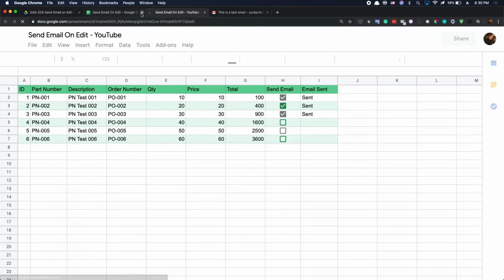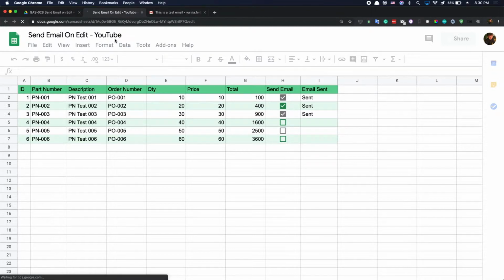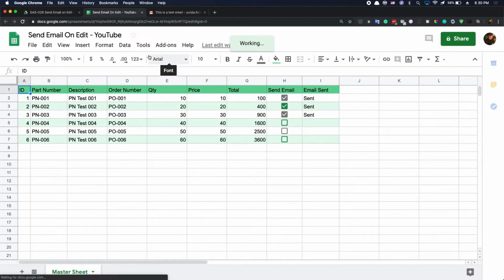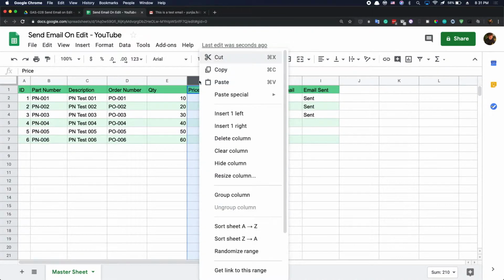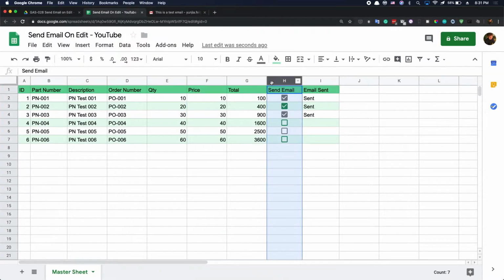All right, so let me explain the code to you. For this new file, I'm going to share it with you guys so you can make a copy of it if you're trying to use it for your project. So basically, you can insert or delete any columns here, just to make sure before the column H. You have to make sure column H and column I are the last two columns in your table, and you can add new